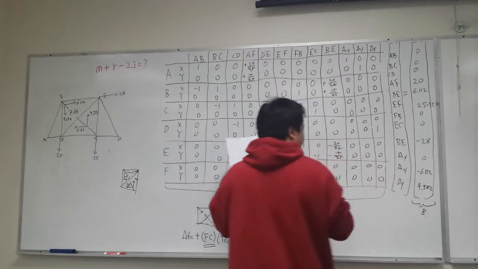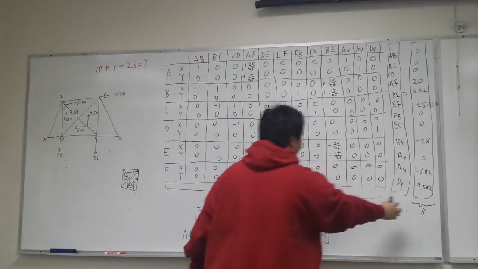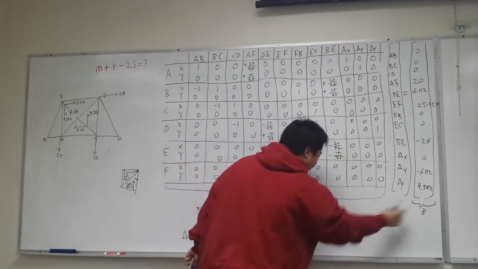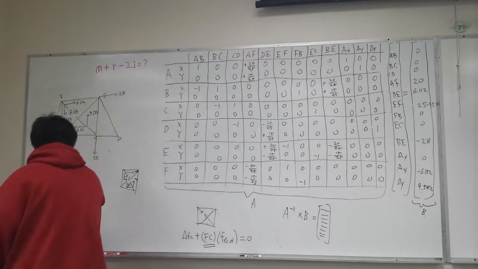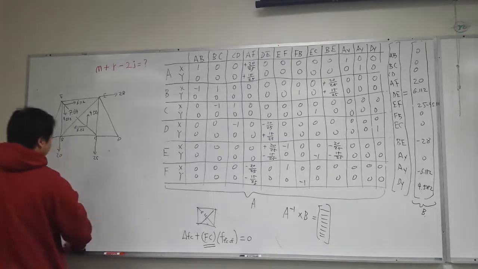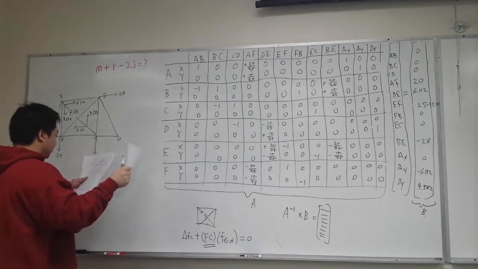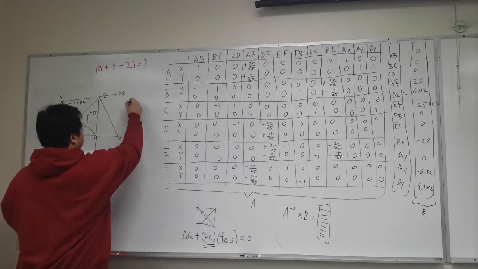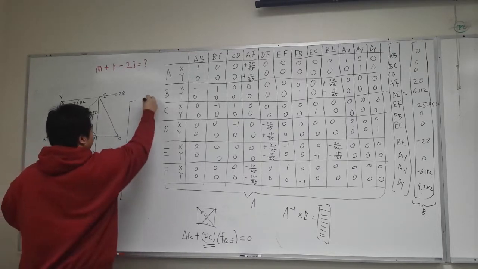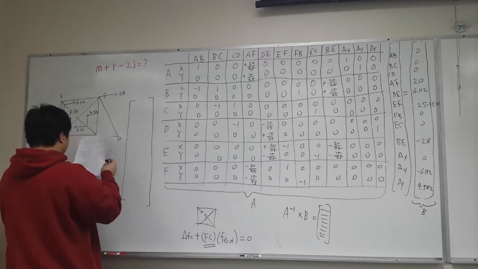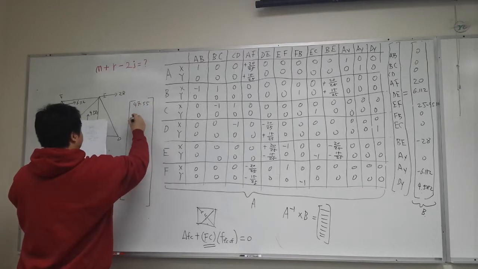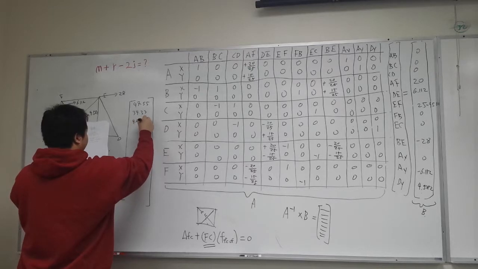So you do the same thing. You take this big matrix, get the inverse, times this. You're going to have a list of numbers. You're going to have 47.55, 34.33, 40.44,